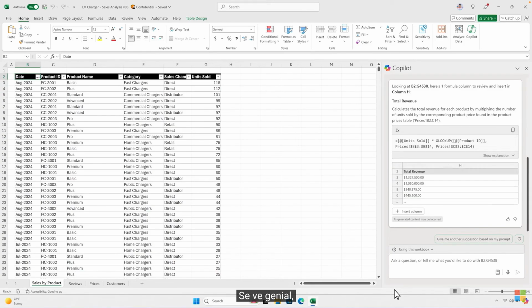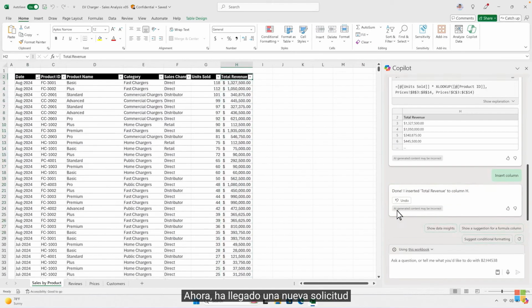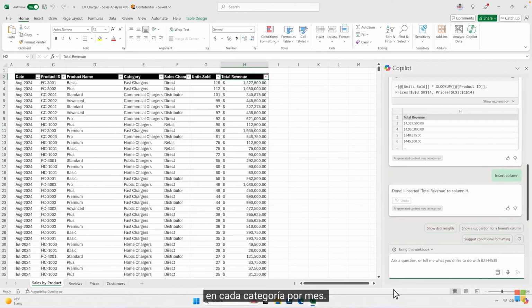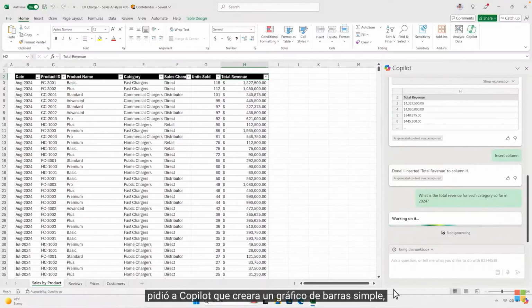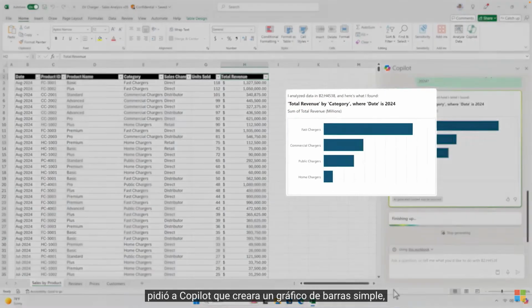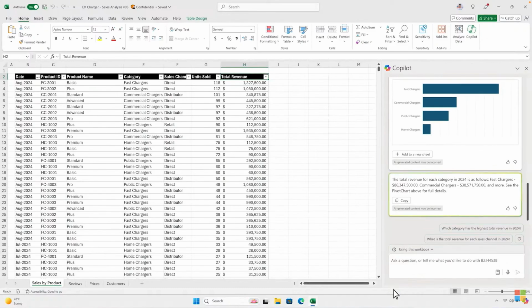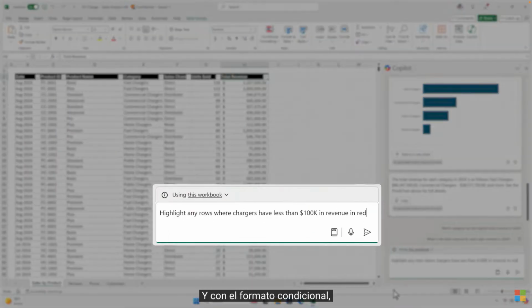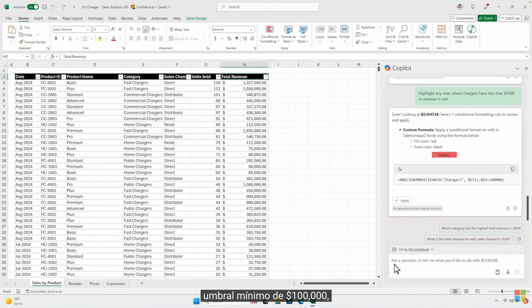It looks great, so you're ready to add that column to your spreadsheet. Now, a new request has come in, and you need to understand how each product category is performing, and ensure you're selling at least $100,000 of product in each category per month. Let's start by comparing sales by category. You ask Copilot to create a simple bar chart so you can quickly see which product categories are selling best. And with conditional formatting, it highlights the product lines that aren't meeting the 100K minimum threshold, so you know where